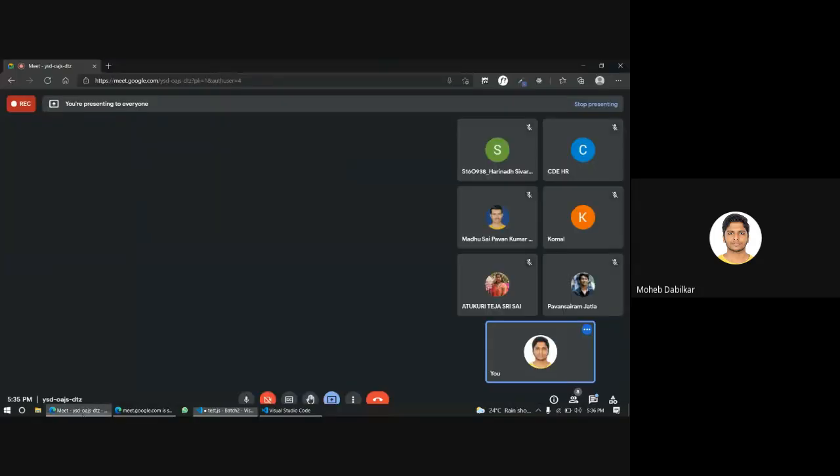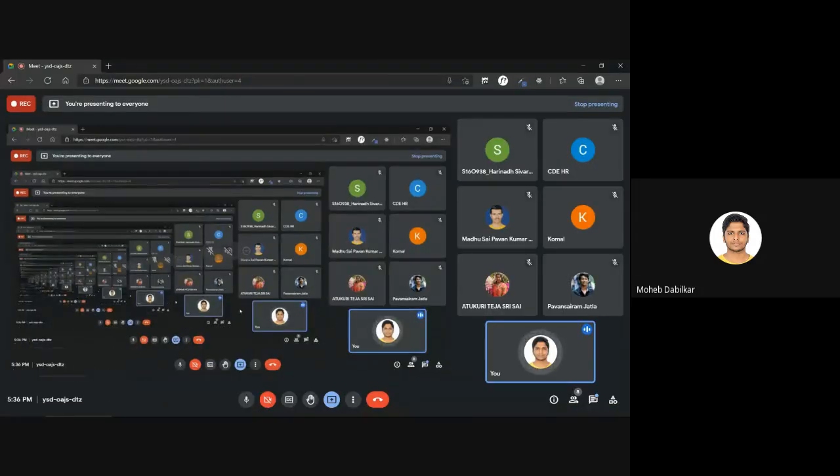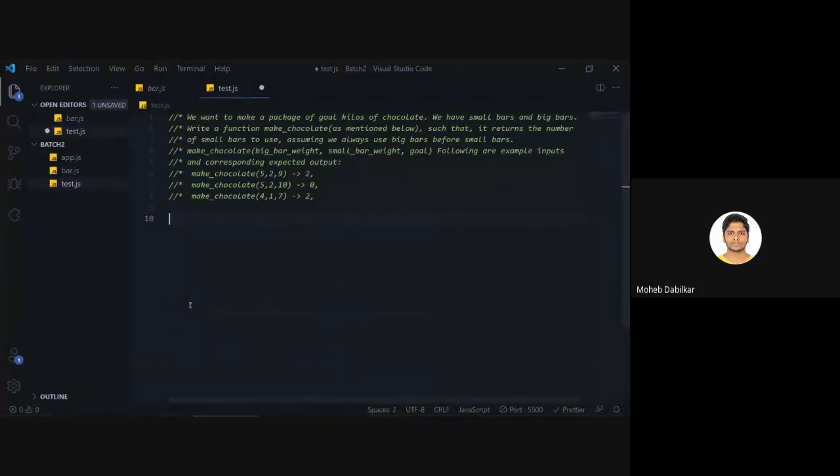Okay, so please unmute yourself and start directing me on what I should do right now. So let's just start with the basics. We will create a function that says make chocolate, and inside that we will pass in big bar, small bar, weight and all that.